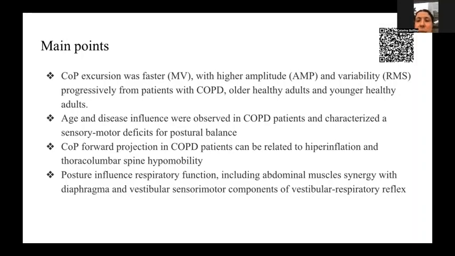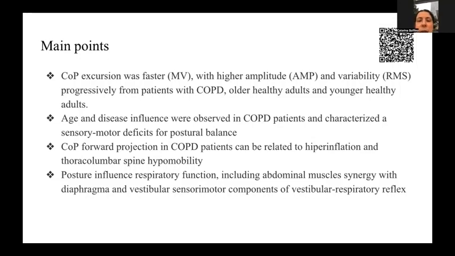That is important, and we need to understand it for more applicable therapeutic approaches to serve these patients. Center of pressure forward projection in COPD patients can be related to hyperinflation and thoracolumbar spine hypomobility,